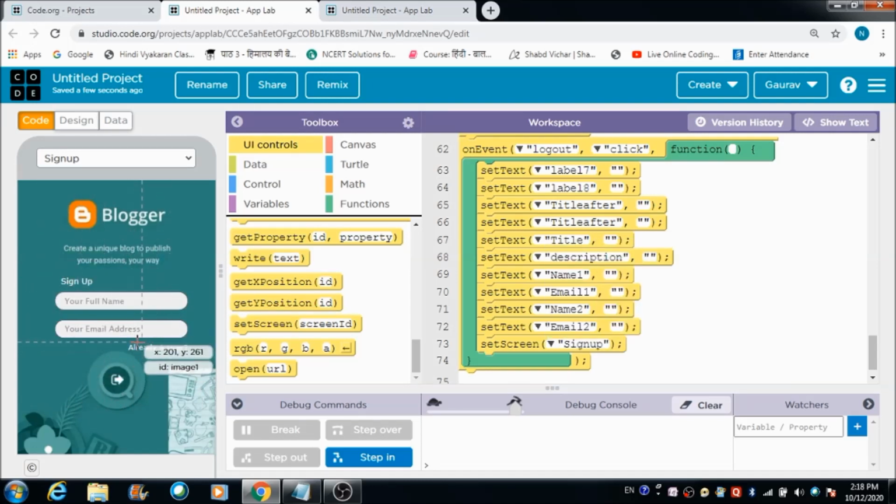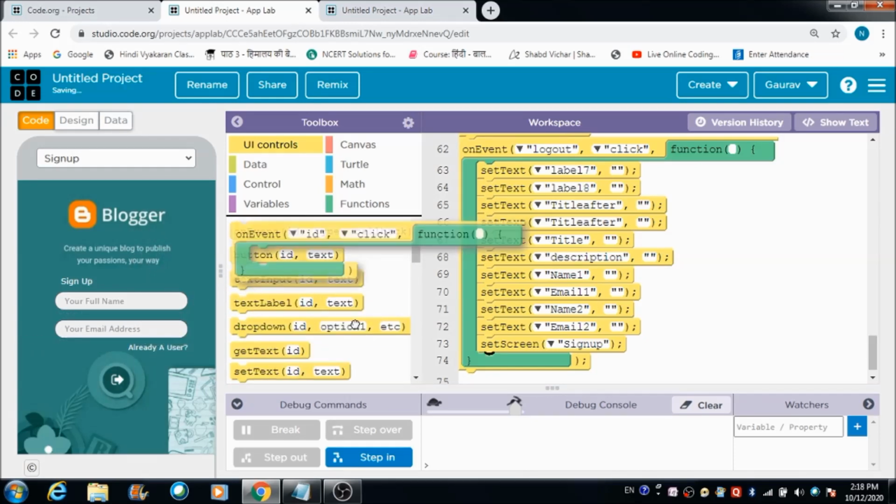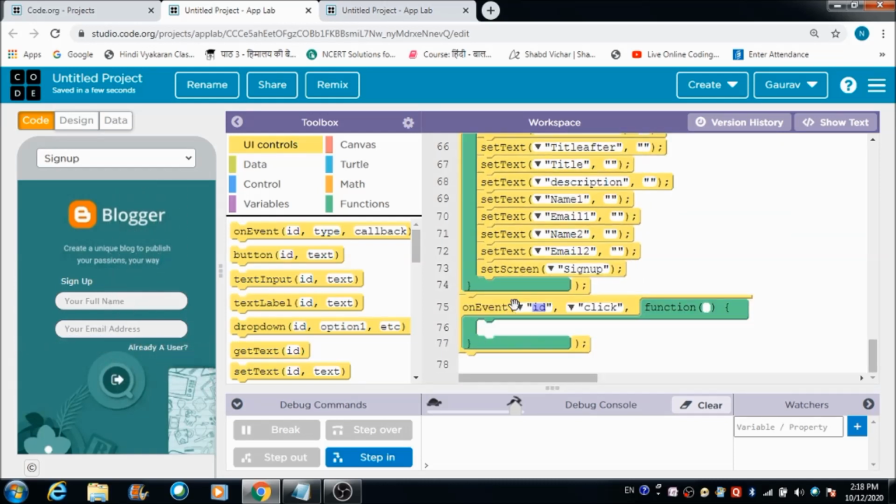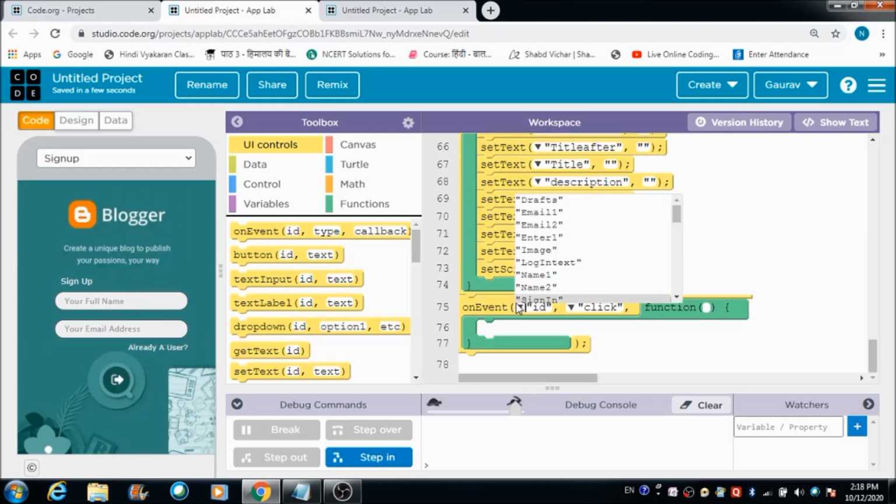Now here we have got a text, already a user. So let's define a code for this too. If the user is an existing user who is logging into his account, I want him to get redirected. Where is that login option?